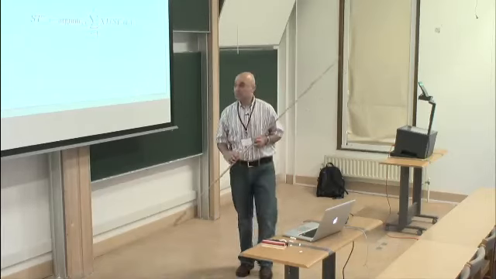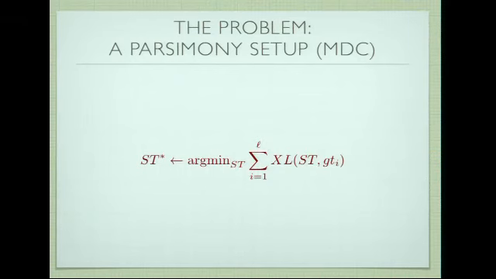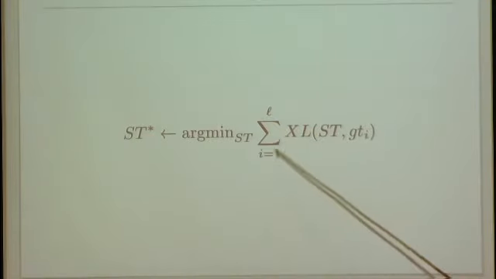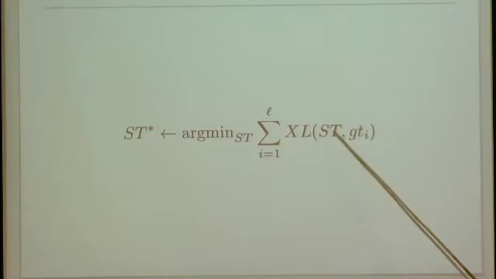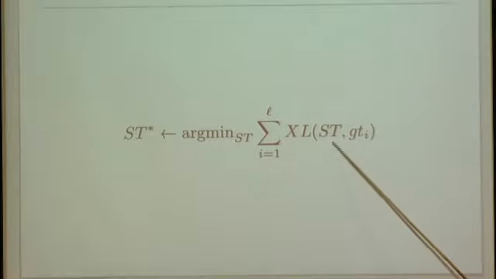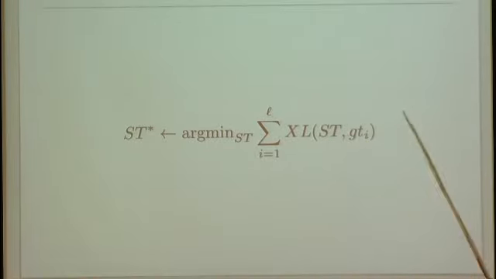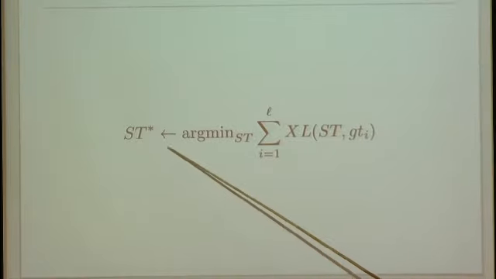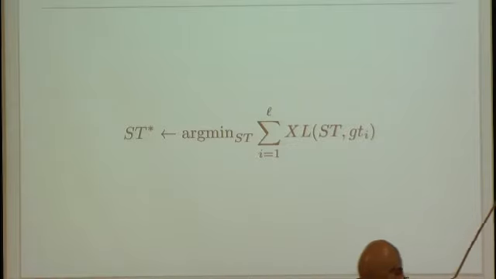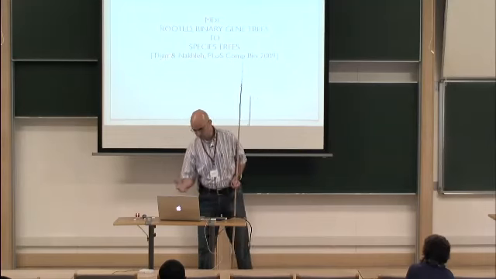The parsimony setup, MDC, basically says: let's find the species tree that will minimize the sum of the extra lineages over all gene trees given a species tree. So go through every species tree, for each one score the number of extra lineages of all gene trees, take the sum, and return the tree that minimizes that sum. Okay? So I will talk now a little bit about this MDC, which we have done some work on,